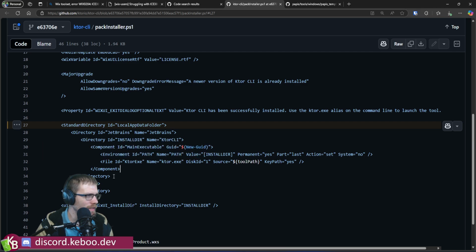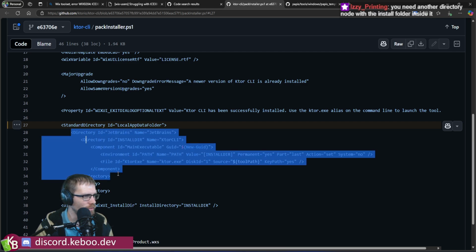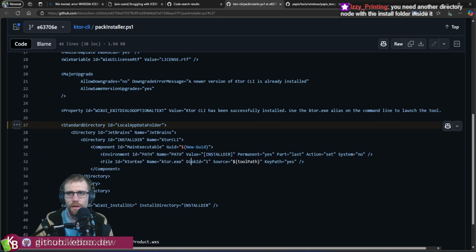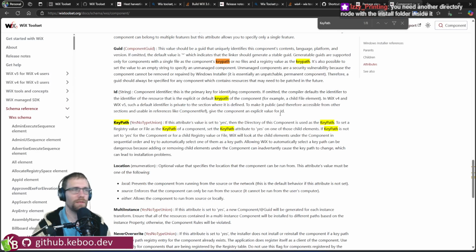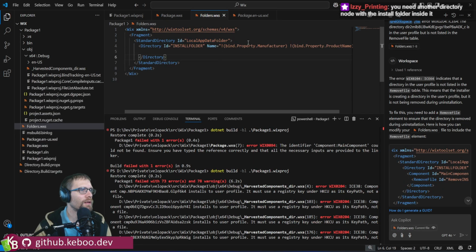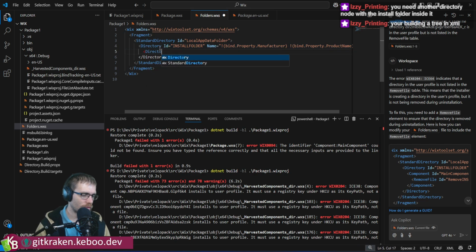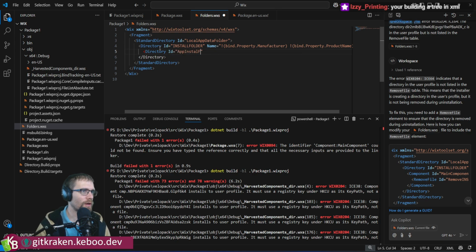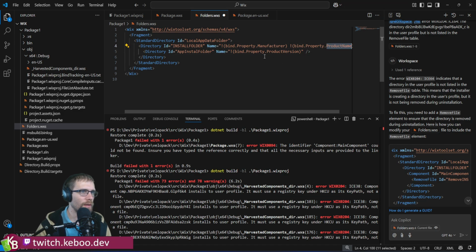I am wondering, is the idea that you, because I'm noticing this one, there's 2 levels of directory. Ah ha ha! Okay. Thank you, Izzy. Okay, so what I need is, so this needs to be install folder, and then what I want is directory ID, I don't know, app install folder, right? And I do name, no, we're gonna do product name, right? So I think what I'm gonna do is this, right? And then I come over,